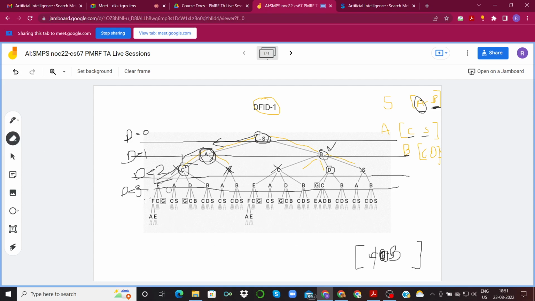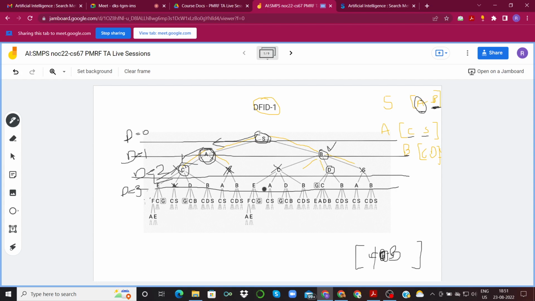Again, this is basically we have not found any of these. E is also not the goal node. A is already in the closed list, so we are not discovering this. D can be included in the open list but is not the goal node, and B is already in the open, so we're not exploring this. Going back to B, again we go to C first.